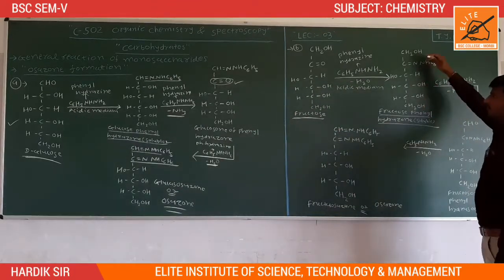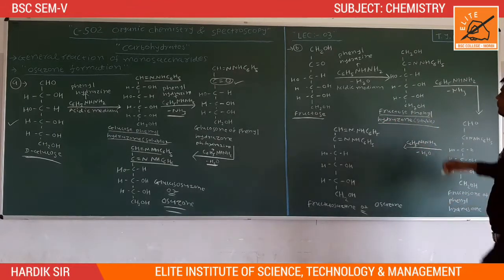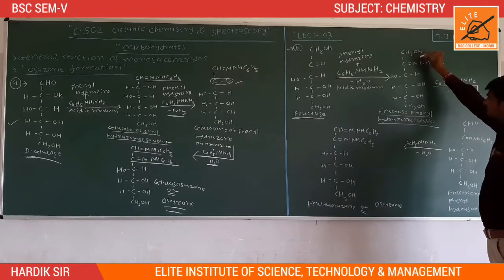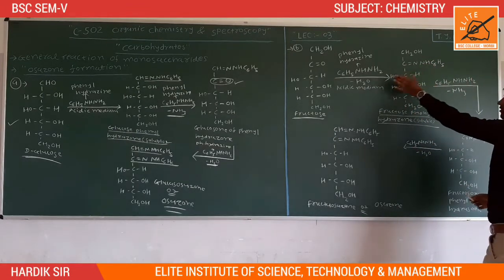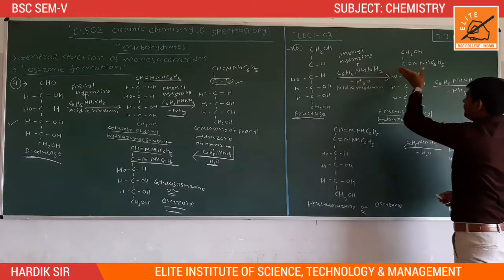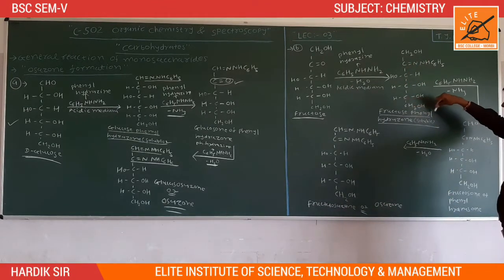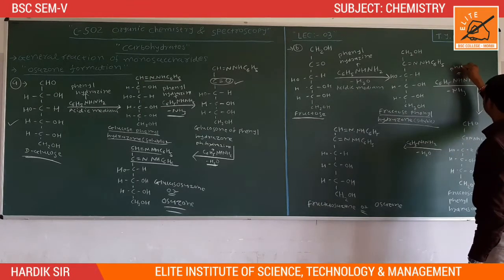Let us see the structure of fructose phenylhydrazone. It is similar to glucose phenylhydrazone, but with changes in the structure. This is our CH2OH and C double bond N-NHC6H5. The phenylhydrazine is combined with the second carbon to produce fructose phenylhydrazone, and this is our first intermediate product. And our first intermediate product is reacted with phenylhydrazine